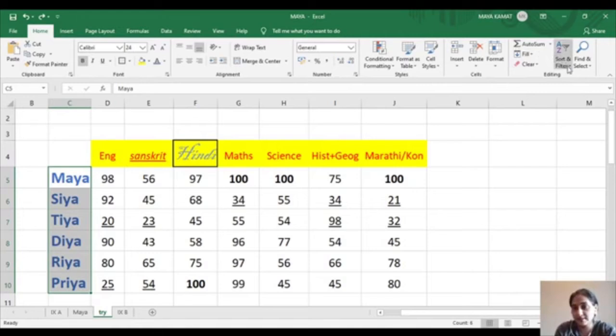Are you understanding? See, I have selected what I need to sort first. The range has been selected. I am saying sort A to Z. So the names have been selected. I will say sort. Now, can you tell me the problem with the sort that I have applied to this example?